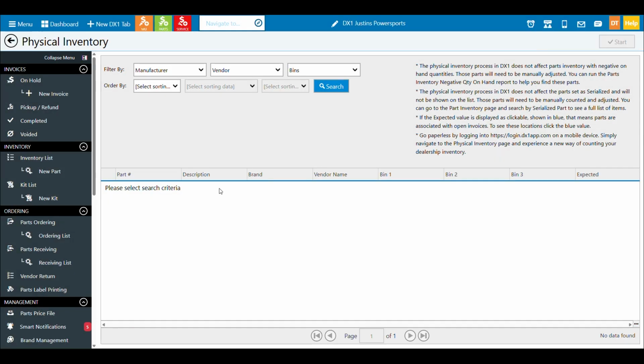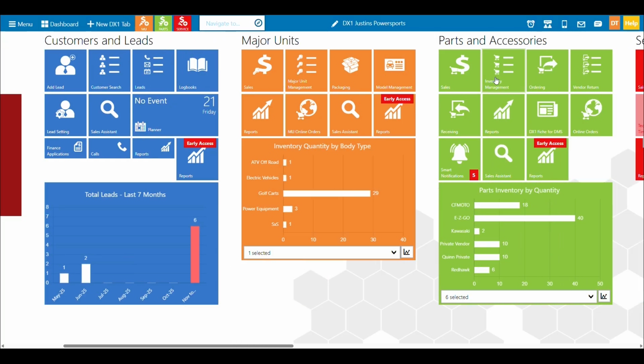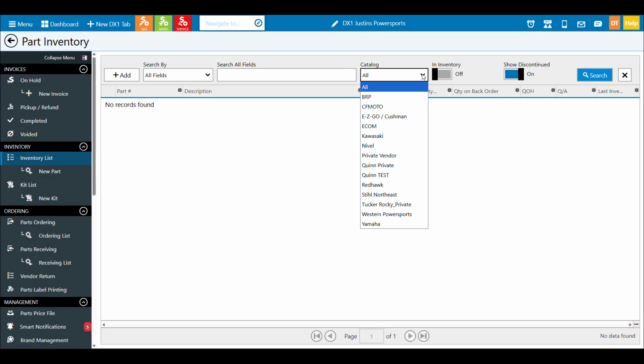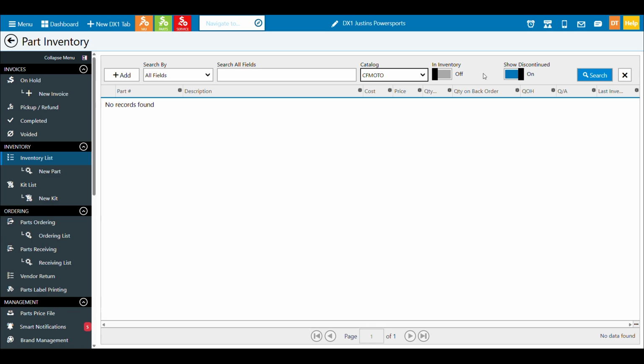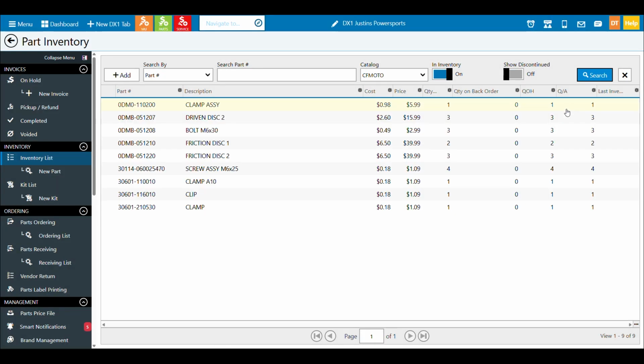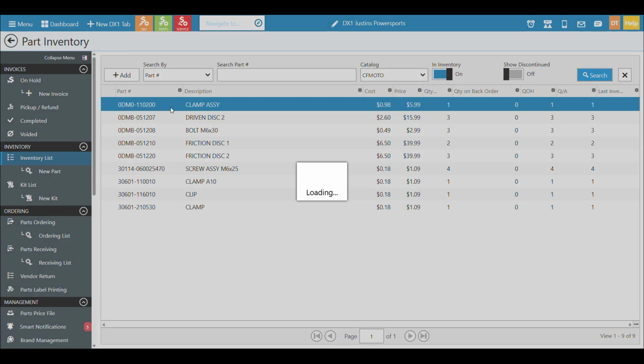Now, if you were wanting to do physical inventory again, I do want to show you something here a little bit. Let's go ahead and open a new tab. We'll go over to inventory management. Let's find one of those CF Moto parts in inventory. Look for part number, search. Let's find this part here. We'll copy it